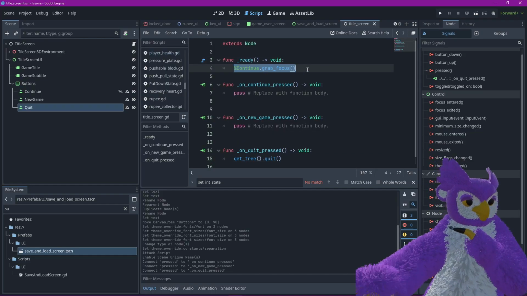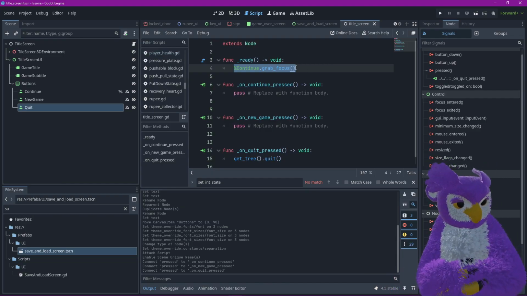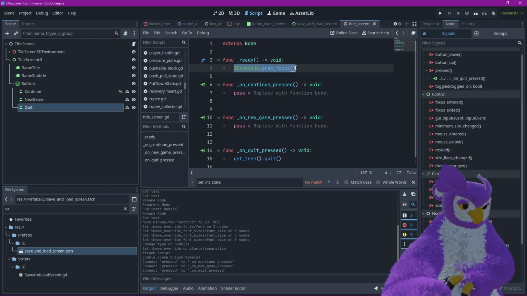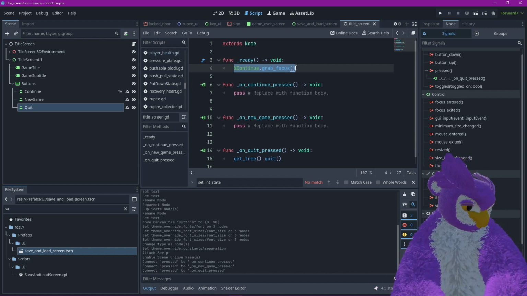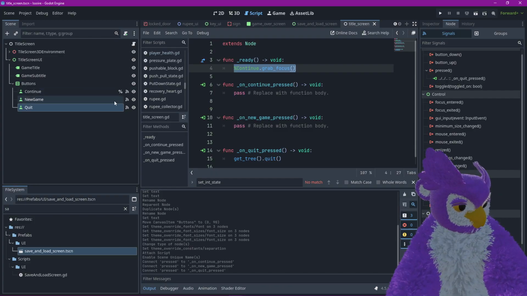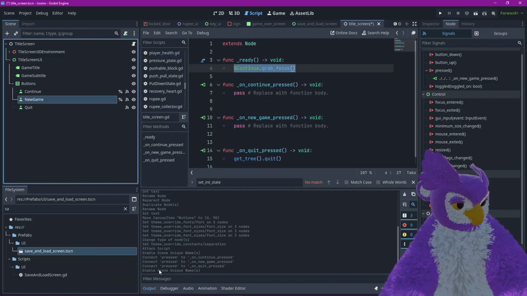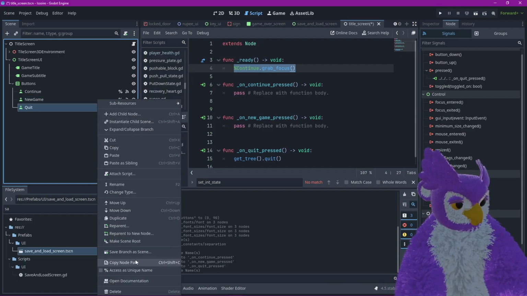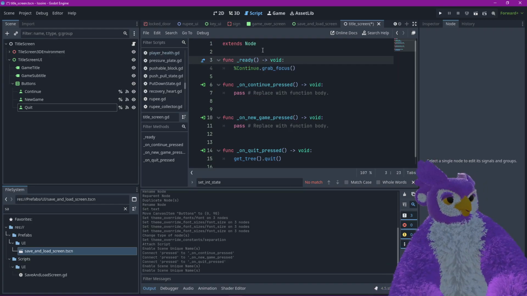Actually, before we do this, we should check to see if we have a save file. And if we don't have a save file, I think we should hide the continue button. Only have the new game and quit. Alright,